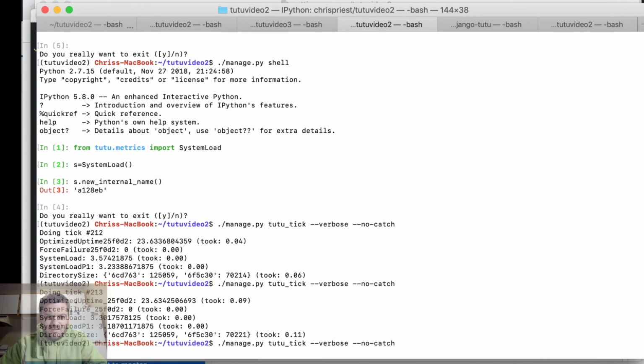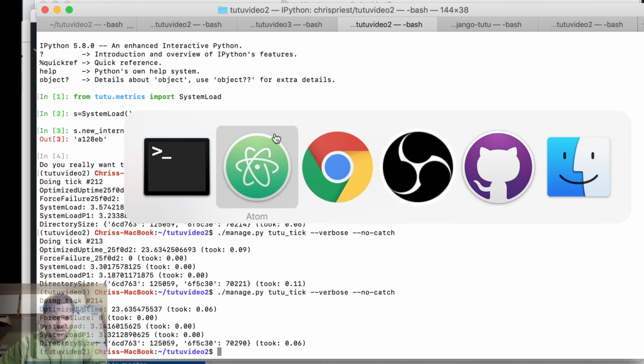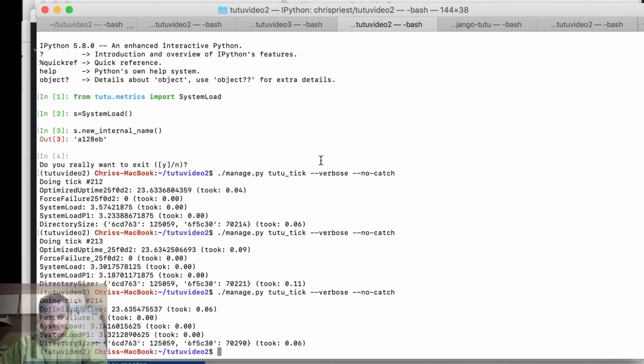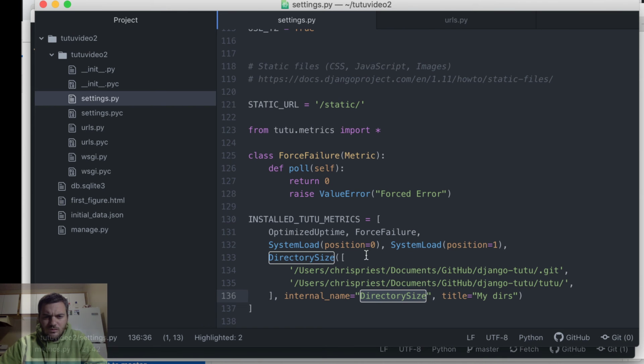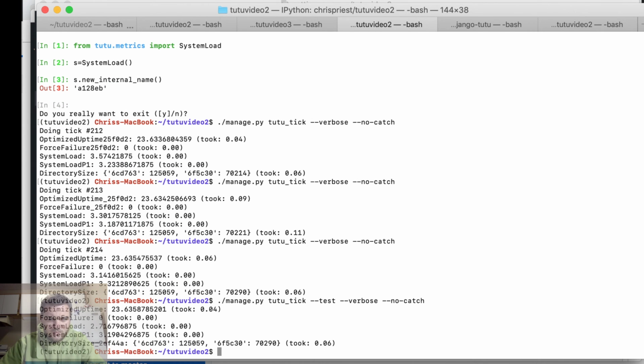So I think it's important to not have this be part of this default name. So now we'll try it, and it worked. So optimize uptime, this little bit got removed. Force failure, again, it doesn't have any options, so it was blank. And to test the case where it would do it, we're just going to comment this out, and I'll just do test. And there it is. Directory size has this little bit here